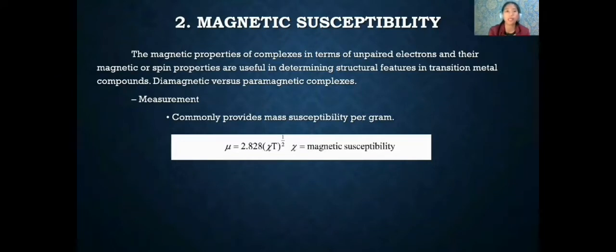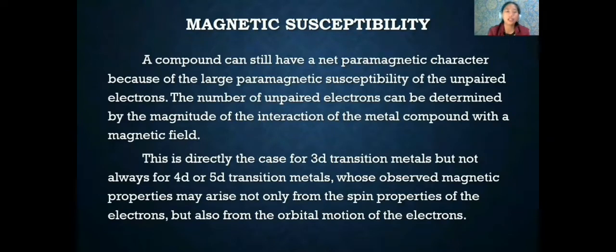So we deal with diamagnetic or paramagnetic complexes. We can measure magnetic susceptibility with the formula, so we get the magnetic moment. This magnetic moment is related to its magnetic susceptibility. A compound can still have a net paramagnetic character because of the large paramagnetic susceptibility of the unpaired electrons. The number of unpaired electrons can be determined by the magnitude of the interactions of the metal compound with a